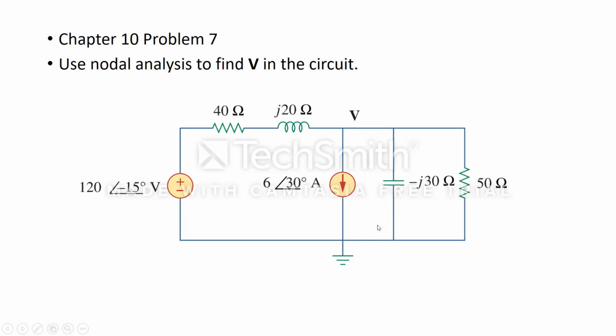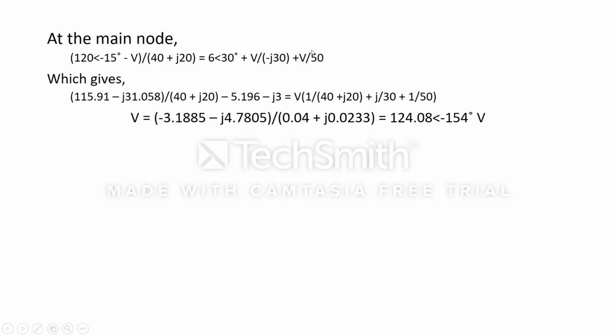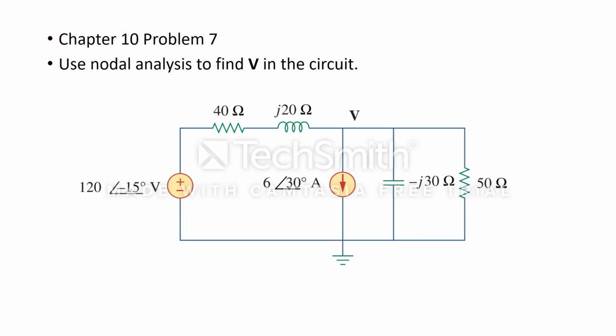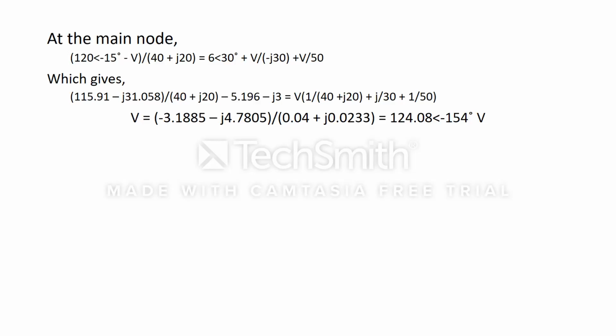V minus 0 by this total resistance. So it gives us this primary equation in V alone, or to say Vx, as we have seen, or V, and this gives us